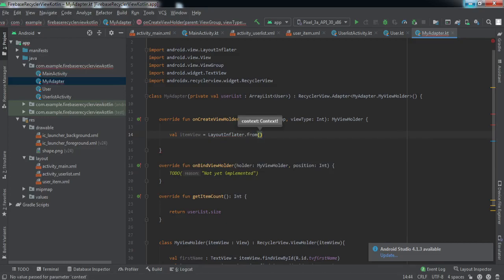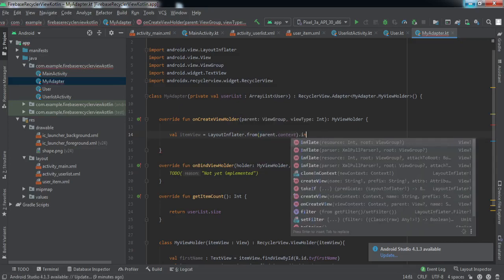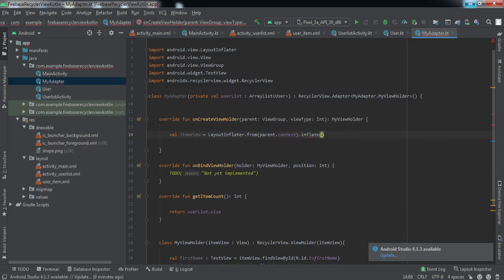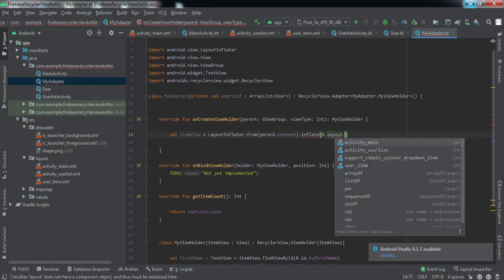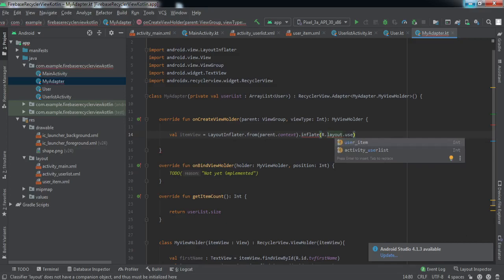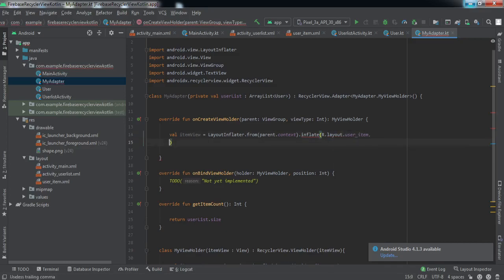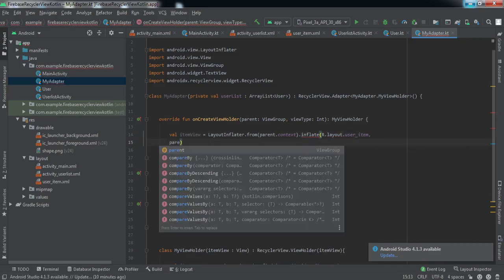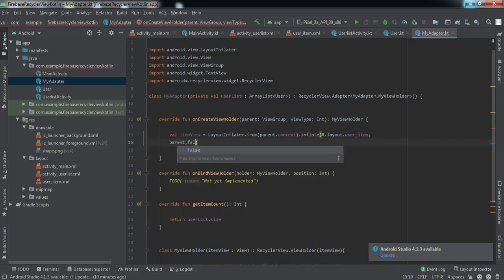Here we need to pass the context, so we'll use parent.context, and we're gonna inflate it. We already have a predefined layout, R.layout.user_item. The second argument will be parent, and the third will be false.